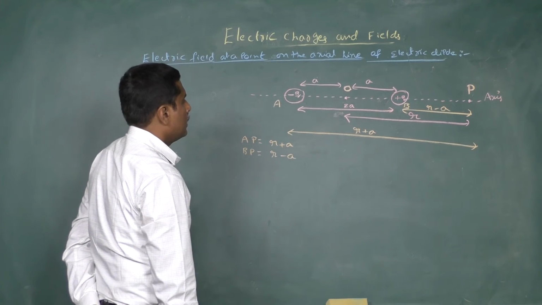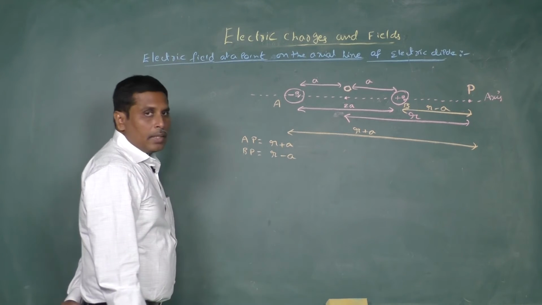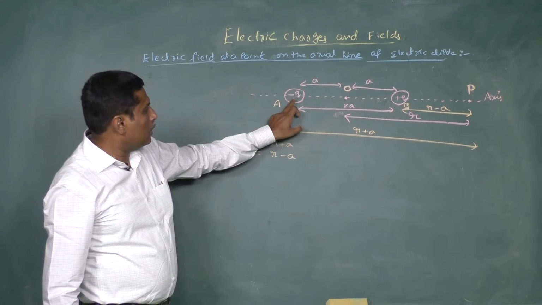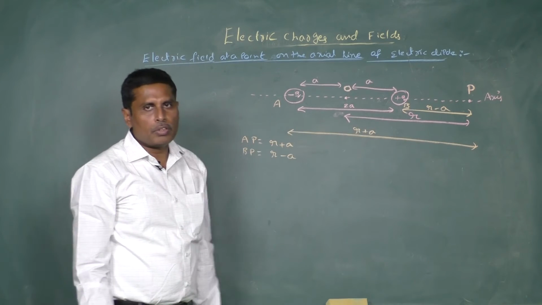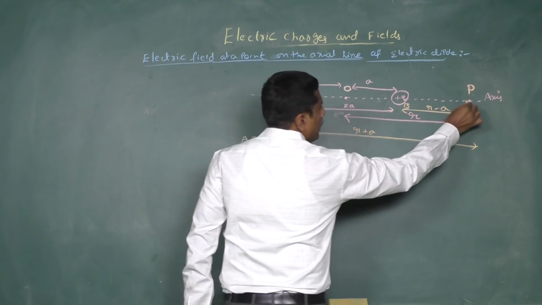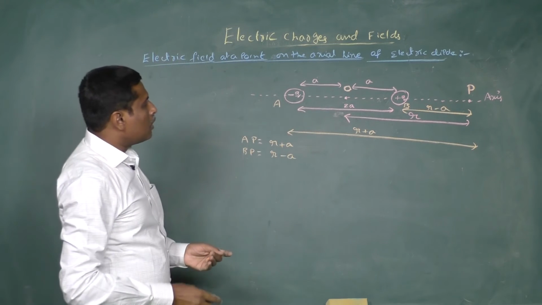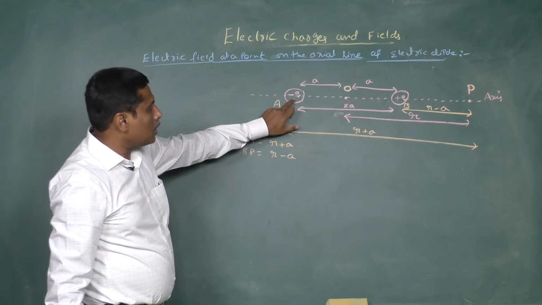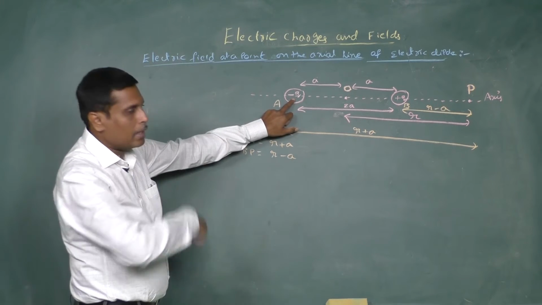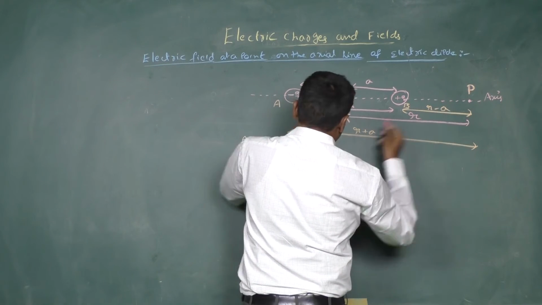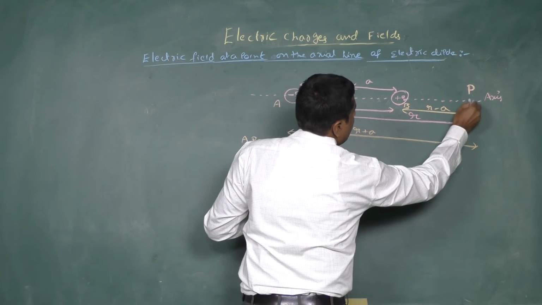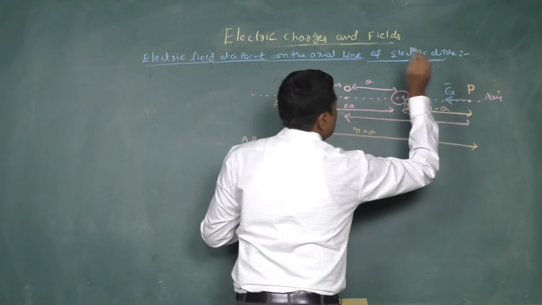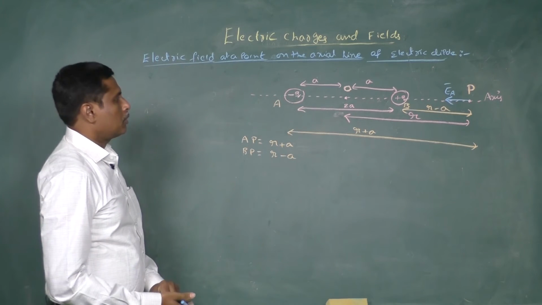Now, we have to find the electric field intensity at the point P due to the negative charge and due to the positive charge. Here at the point P, the direction of electric field due to the negative charge: as it is a negative charge, the electric field is always towards the negative charge. So here I am writing its direction. The direction of electric field at this point is taken as EA bar.